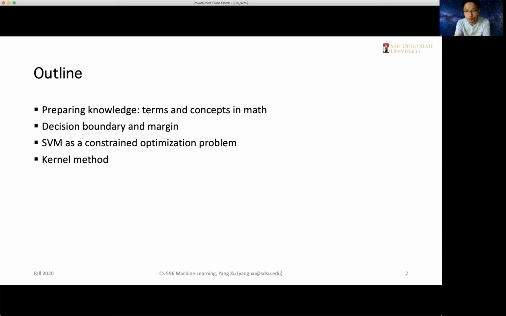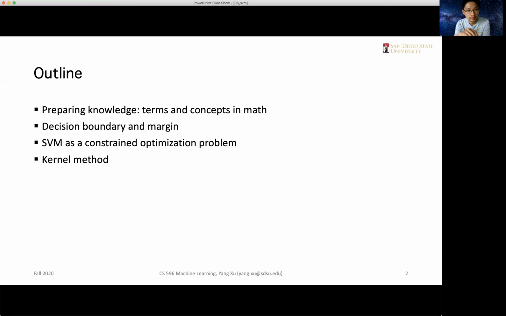And then we will formulate, or motivate, the problem of SVM by looking at the concept of decision boundary, okay? And the distance between the data points and the decision boundary, okay? And that distance is conceptualized by the so-called margins, okay? And we'll see that the idea of SVM is actually built on top of the measurements of the so-called margin,